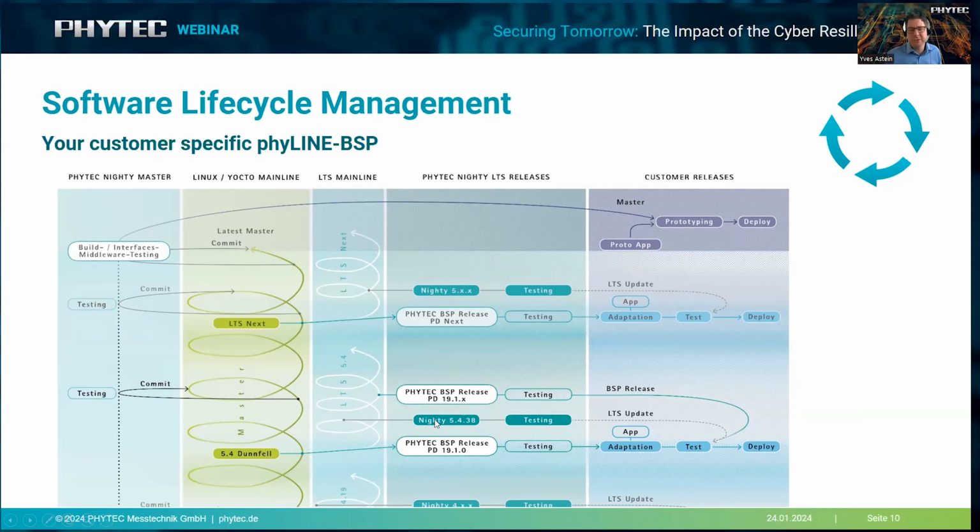But we can also do this on your hardware. So if a customer asks us to take his hardware and put it into our test farm, we can do that as well. And then we test the whole thing and we provide it to our customers. Now the customers can take it, add their application, test it again to make sure that their specific functionality is still working. And we can define what we are testing here also for the customer. And then these updates can be deployed.